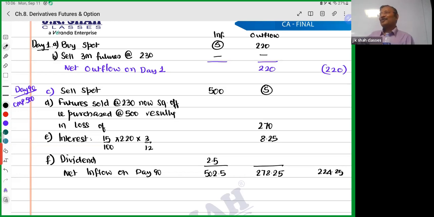नहीं, पर अगर मैं मेरा शेयर है 3 मंथ के बाद 230 पे, मैंने अब तक खरीदा ही नहीं. क्या नहीं खरीदा? स्टॉक. आपने बोला ना... नहीं नहीं, एक मिनट, first day पे नहीं होना। नहीं नहीं नहीं, तुमने futures first day बेच दिया, लेकिन स्टॉक नहीं खरीदा, right? Now what, अगर तुम्हारे बेचने के बाद फ्यूचर का प्राइस ऊपर चला गया तो लॉस हो जाएगा ना, right? और यहाँ पे आर्बिट्राज में we can't have a situation of loss. In fact if you have done one leg of the transaction, not done the other, then remember it's not arbitrage in the first place, it's speculation, और स्पेकुलेशन में तो प्रॉफिट लॉस दोनों हो सकता है।